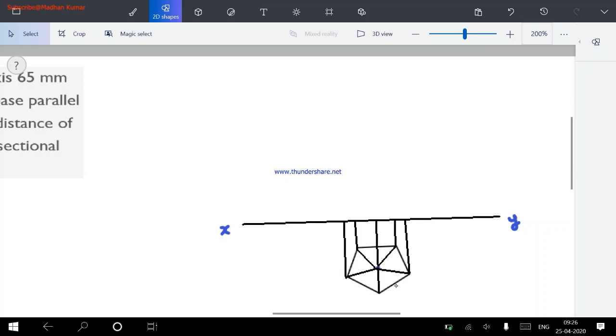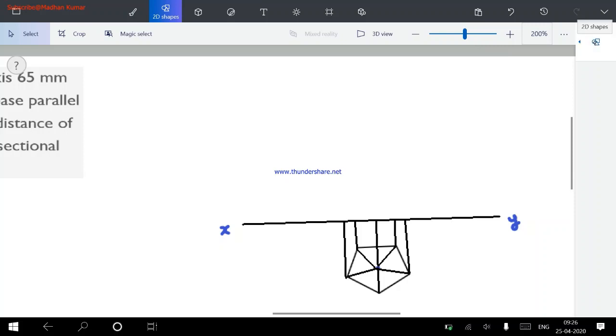So first you have to draw the pentagonal pyramid in inverted position, about 30 mm side, and then draw all the projection lines from the corners, and after that introduce the center. Basically you can plot the center by using the perpendicular bisector theorem. Based on the perpendicular bisector you consider any two sides and find the intersection point. That intersection point is going to be the center of the pentagonal pyramid, and then you have to introduce the front view. So this is your top view.